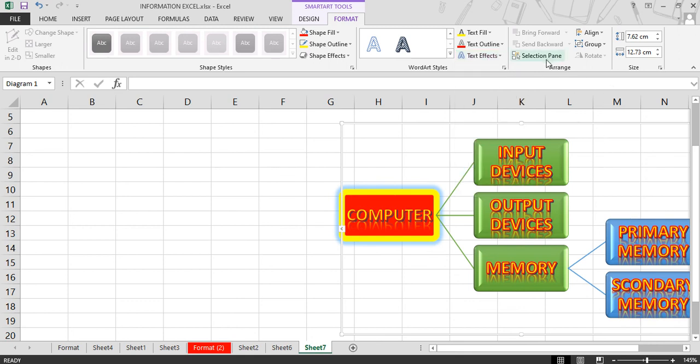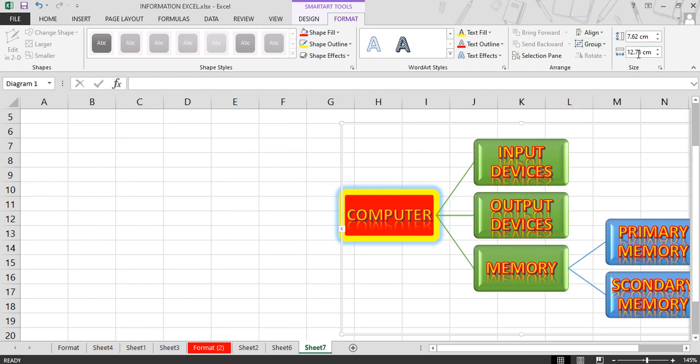Next option is the arrange option. If you want to arrange the smart art one on another, then you can use the bring forward option and send backward option. Group option, if you have more than one picture in smart art in this Excel sheet and you want to move both together, or if you want to apply the same effect on both of the pictures, then you can use the group option.